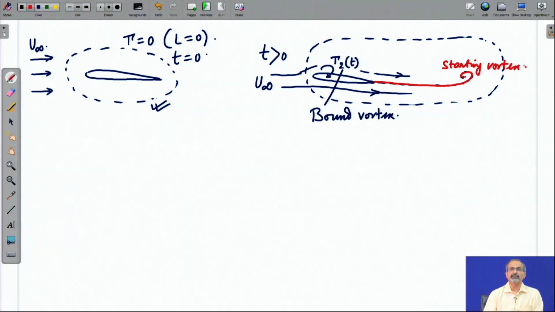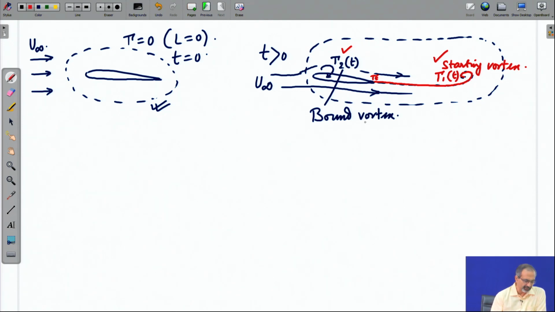So, the vorticity has been shed from the trailing edge of the airfoil as the flow established itself, and it moved into the wake. How much circulation was contained in this starting vortex? Let us call it gamma 1, and of course, both gamma 2 and gamma 1 are changing with time. As time elapses, we would find that the values keep changing, but the total circulation content of the